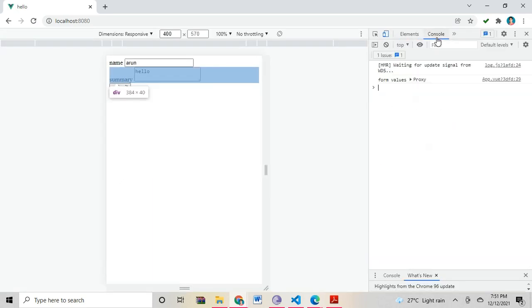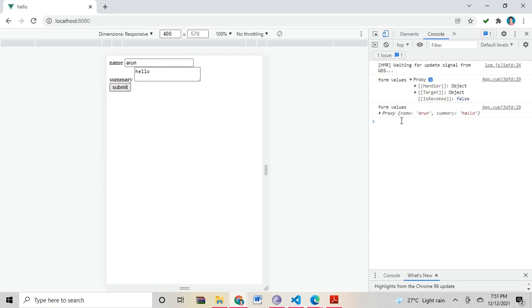Go to the console part. See here, when you submit this value, name equal to what name I'm giving here, Arun, and summary equal to hello. So whatever the data I'm giving here, all the data will be stored into the particular data properties called name and summary.